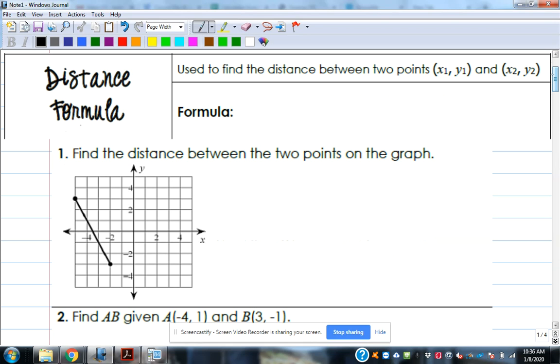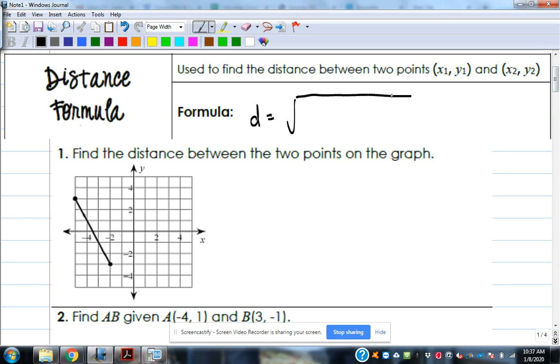All right, so when you're finding the distance between 2 points, we're actually finding the measure of the length of a segment between those 2 points. So this is how it's going to tie into what we did yesterday. So distance between 2 points, and I'm using x1 and y1 and x2 and y2 as my 2 ordered pairs. The formula,